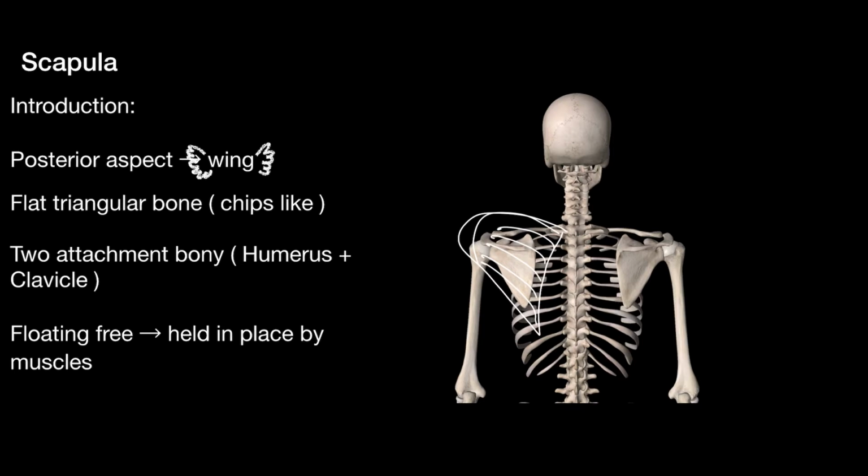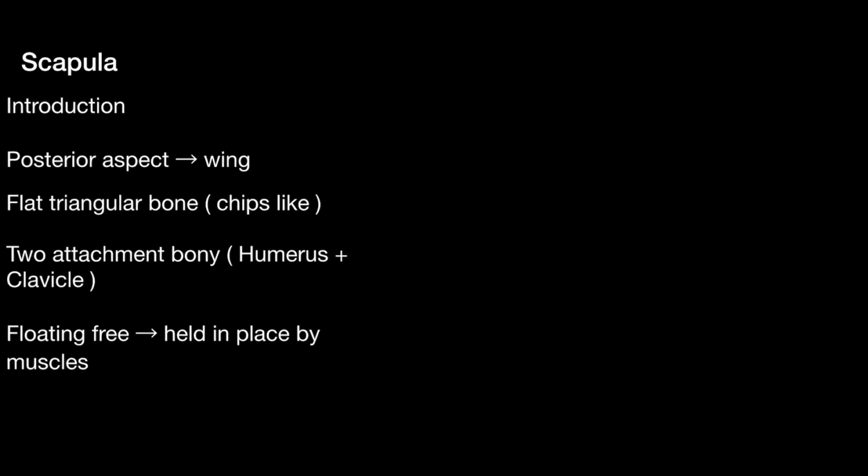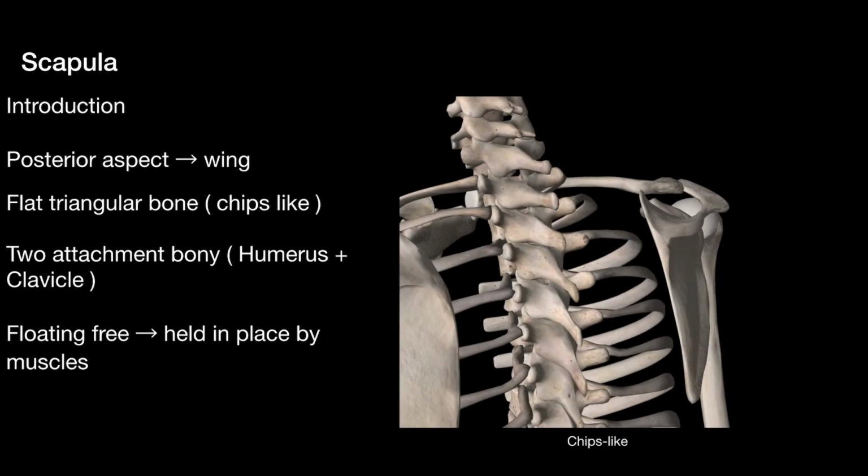The body of the scapula is so translucent and thin that you can see beyond the bone. Scapula is a flat triangular bone of the body which is rough, and 17 muscles are attached to it, which makes it difficult to fracture. As the scapula is the attachment site for lots of muscle, but posteriorly it is freely floating.